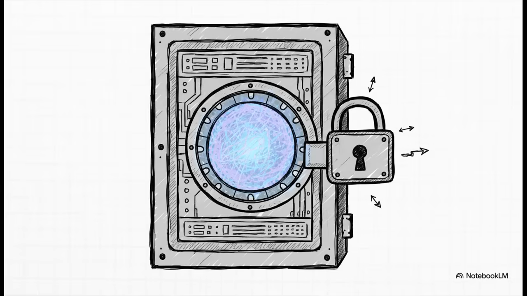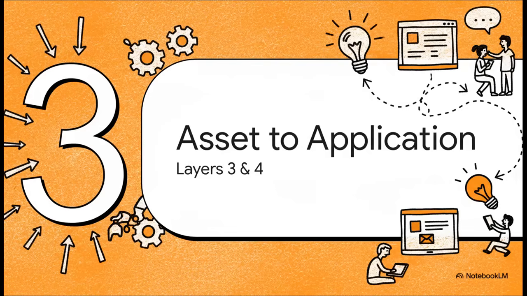The asset itself. The foundation models we all hear about, like GPT-4 or Llama 3. But here's the thing. At this point, it's still just a raw, powerful asset. It's sitting on a company's servers, not really accessible to you or me. It's an engine without a car. So how do we get that powerful engine into a car that people can actually drive? How do these models get into the hands of developers and users?